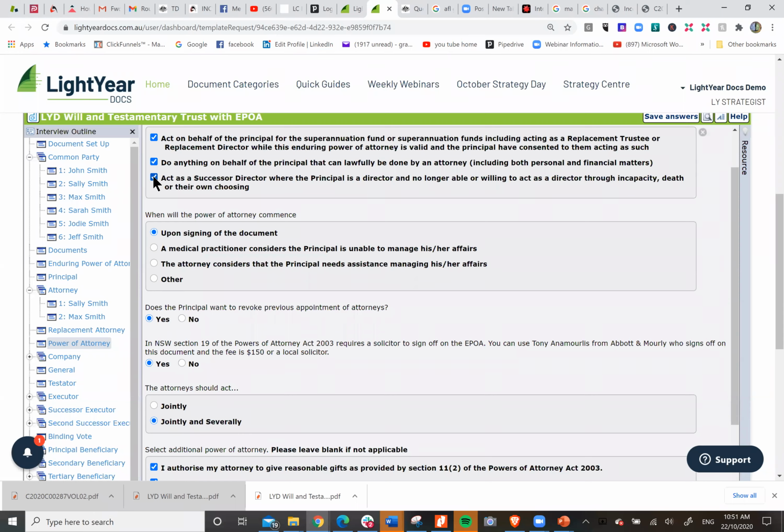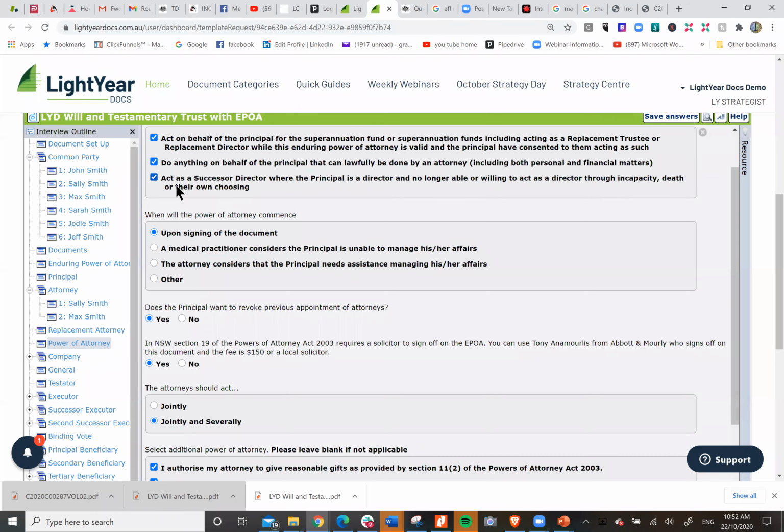And then thirdly, this is where your client has a company or is involved in a company. For example, it might be a bucket company. It may well be a company running a business where they're the sole director. Alternatively, even if they've got an investment company. So, for example, if Tony and I are in there, I want to have a successor director in the case of something happening to me around Abbott Mourly, which is a brand name of TGA Legal Proprietary Limited. Just someone to represent my directorship, although I do trust Tony implicitly anyway. I'd probably resurrect my dad, or get some other poobah to step in just to make sure.